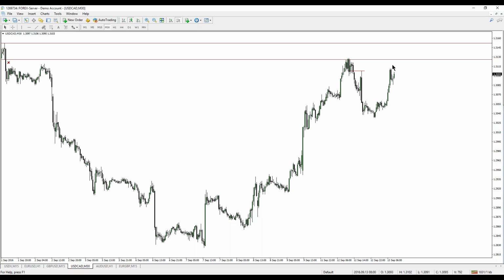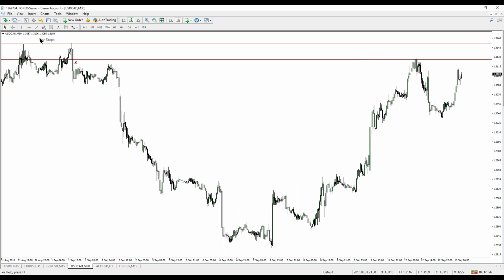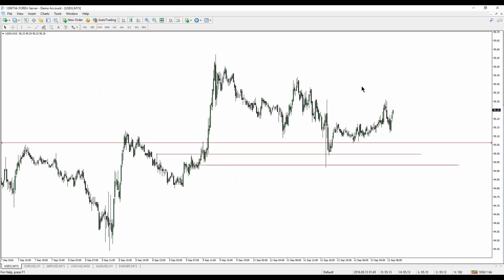We've consolidated like I was expecting us to do, or bull flagging if you want to look at classic chart patterns. We're bull flagging just below a short-term high with stops resting there, and those buy stops we noted last week still in play. So this could be a wind up for them to expand into New York, which would indicate further bullishness on dollar, which is what we're seeing here, early evidence of,